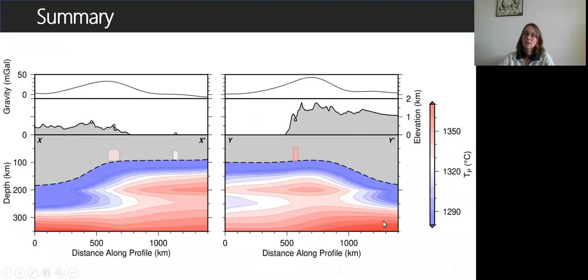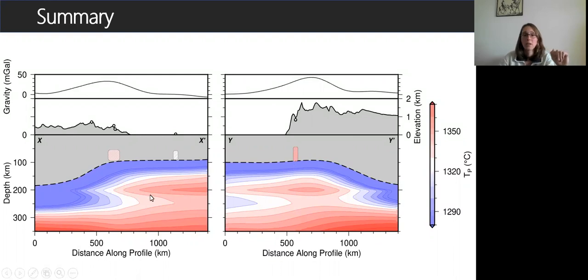Lithospheric thickness, and I've converted the shear wave tomography model to potential temperatures, which are the colors here. And I've also plotted on the melting regions predicted from the volcanic modeling. So you can see in all 3 cases, they're colored by potential temperatures. So these are all not particularly warm colors. So more or less ambient mantle potential temperature, and all of the melting happens right at the base of the